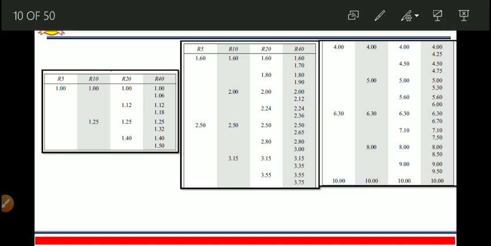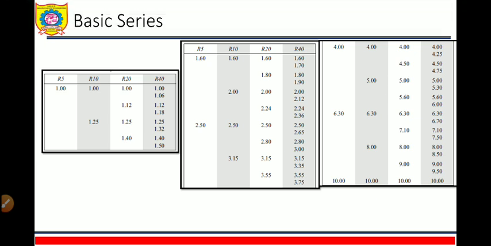Now we will see the R10 series. The first number in the R10 series is, suppose, 1. So 1 into the 10th root of 10. What is the 10th root of 10? The 10th root of 10 is 1.25. So 1 into 1.25 is 1.25. Next number, 1.25 into 1.25 will be